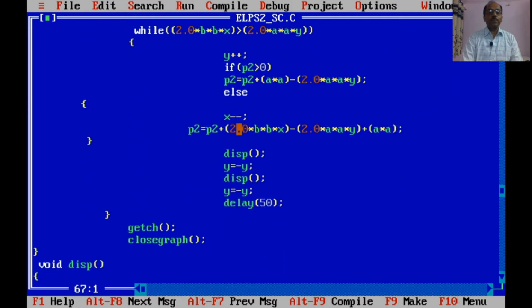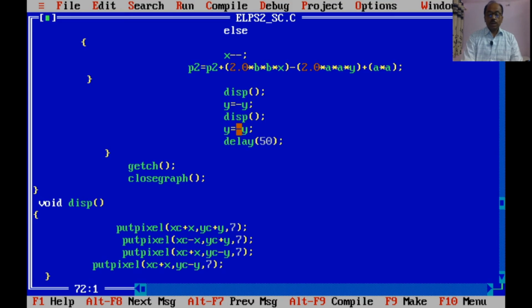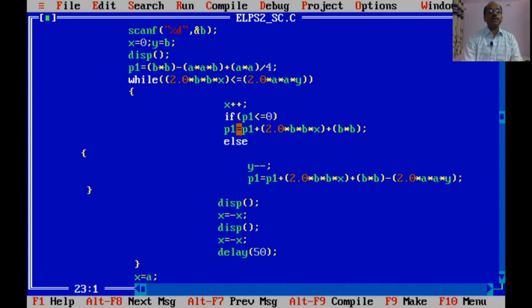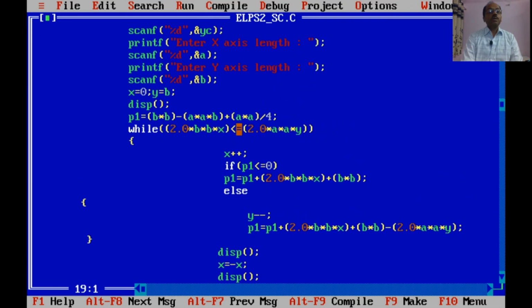So, this is the complete program using the algorithm which we have just discussed in the slides. It is asking for the x and y coordinates of the ellipse position. So, let us put some value, like x coordinate equal to 300, y coordinate 200, and